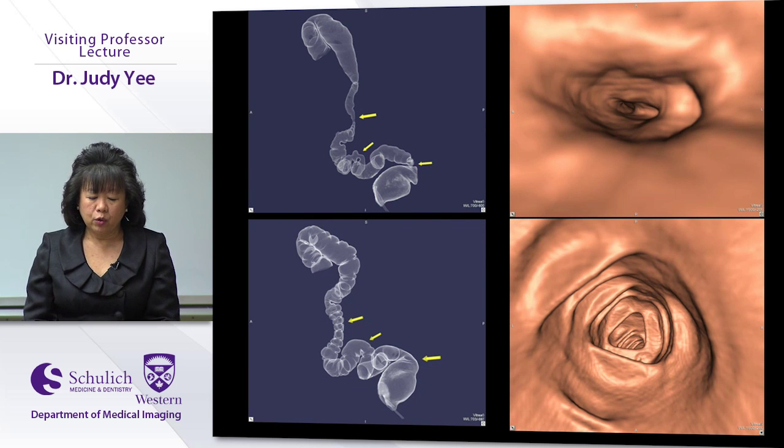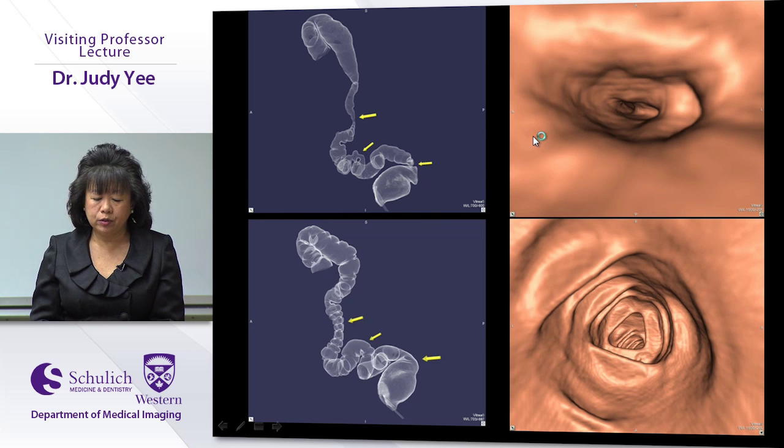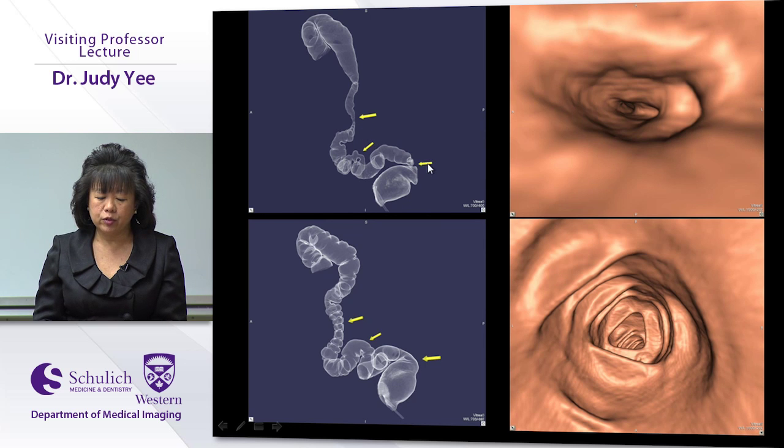Distension is critical in being able to identify lesions, and this sort of highlights that. The yellow arrows are pointing to areas of suboptimal distension or collapse, and you can see that it's very hard on the 3D view to pick out lesions. Whereas if you have better distension, you can see how crisp the colonic folds are, and much easier to pick